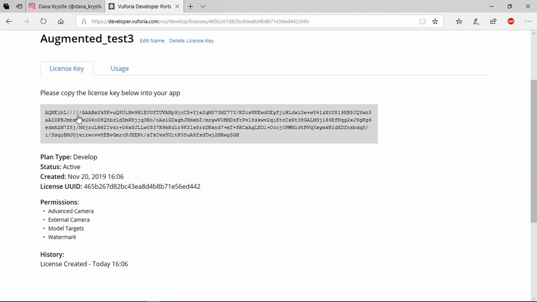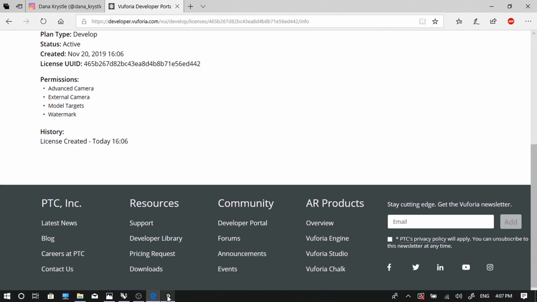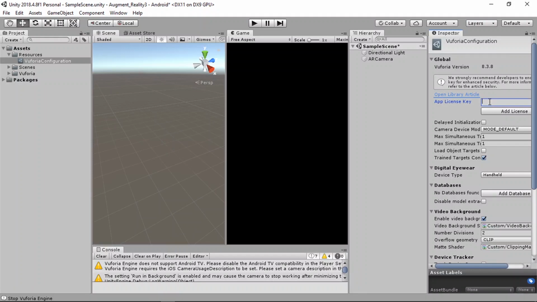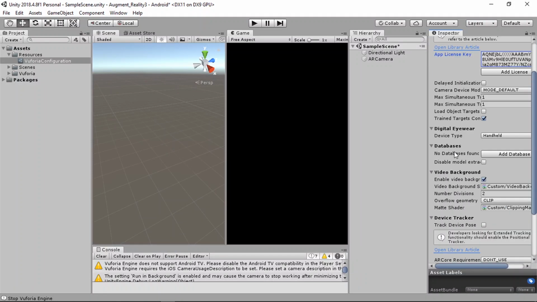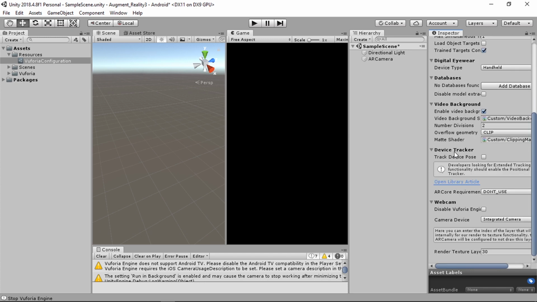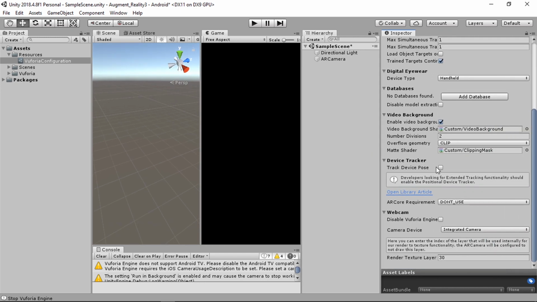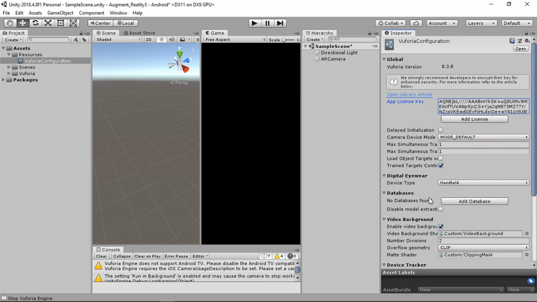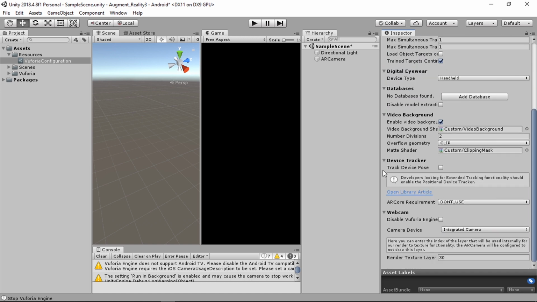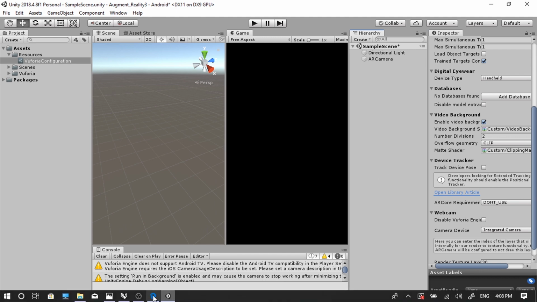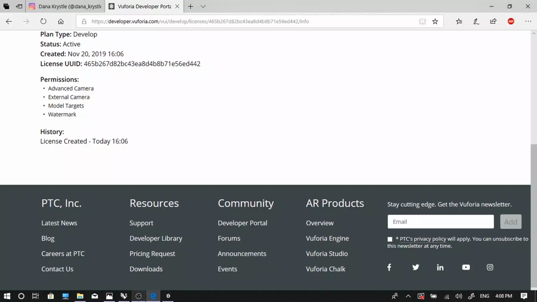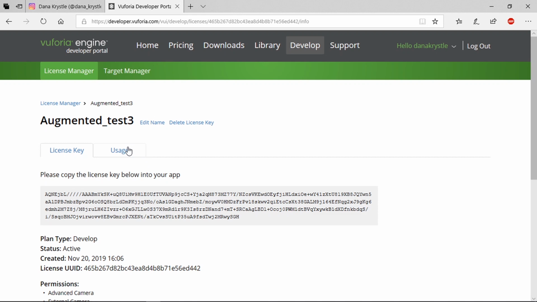So all you have to do is just copy. If you just click on it, it will copy directly to your computer. Go back to Unity and just paste it here. After that, go down. Let me see if there's something we need. Okay, so everything is fine here. You have to go back to the Vuforia developer and go to,